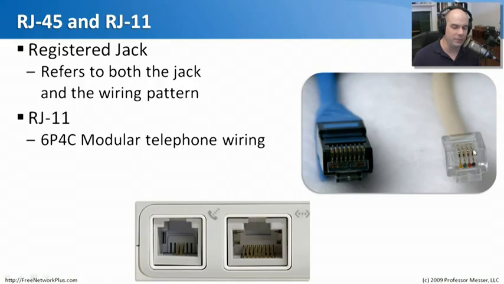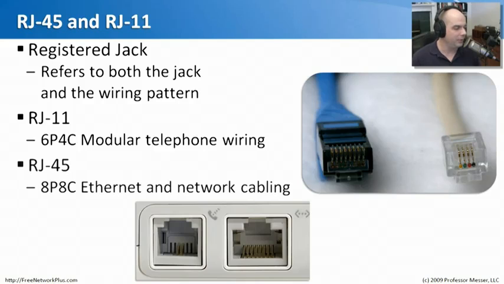It's kind of hard to see them in here, but you could have 6 there, but only 4 are used. So those 4 conductors are usually used for what we call our modular telephone wiring. So your phones use an RJ11 connector and that wiring within them. A little different than the RJ45, which has an 8-position, 8-conductor